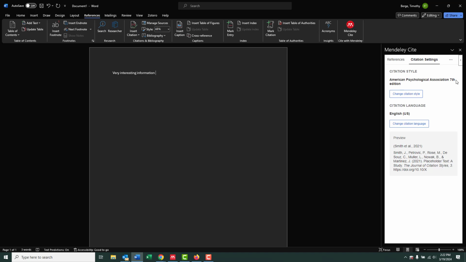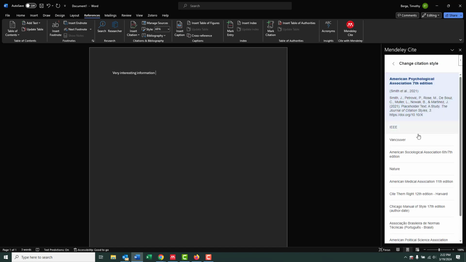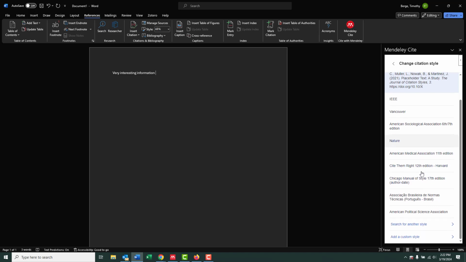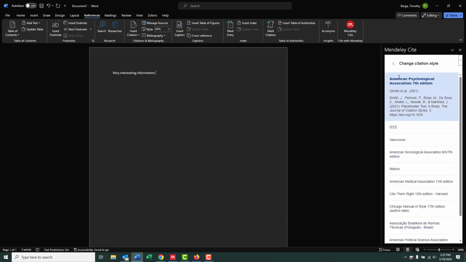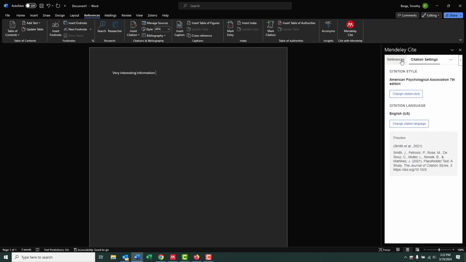So right now I'm in APA. If I want to change that, I can just click Change Citation Style and then pick whichever citation style I want. You can search for other styles that aren't listed, and you can also add a custom style. I'm going to stick with APA at the moment, so I'm going to go back,